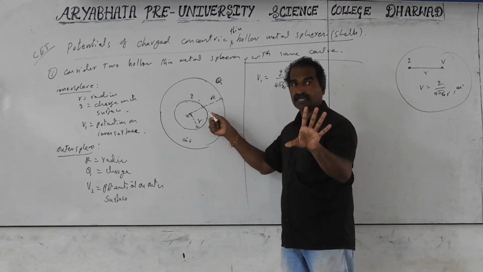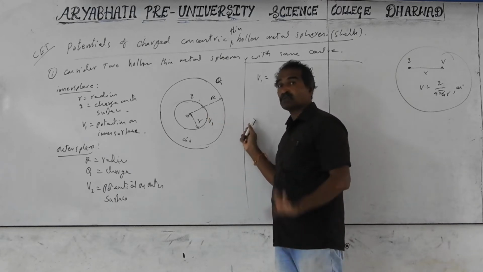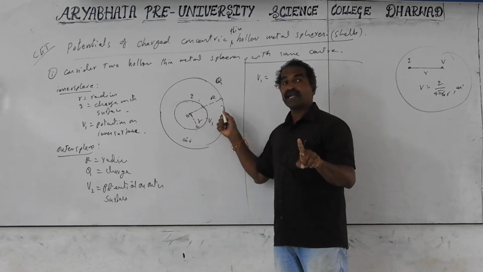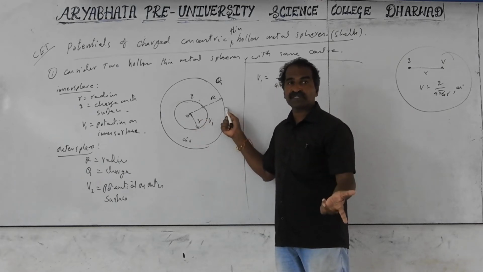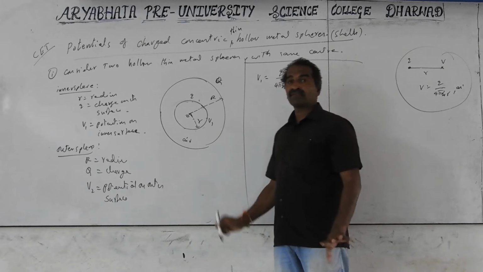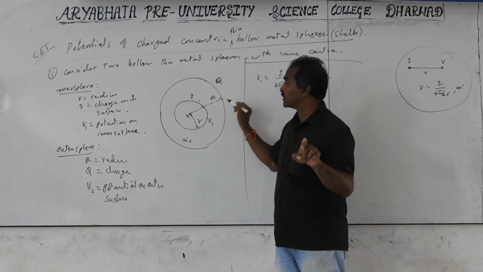Electric field is zero inside. Electric field starts from the surface. Potential is constant inside and decreases outside. It is maximum on the surface always, for potential as well as electric field. But the potential is the same inside. This is an important point for spheres.